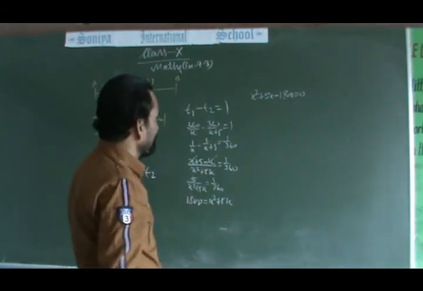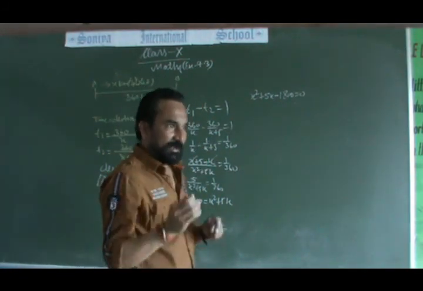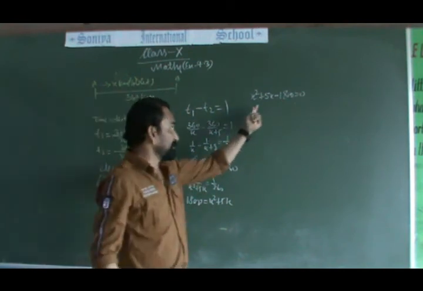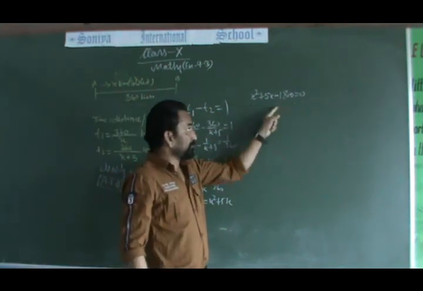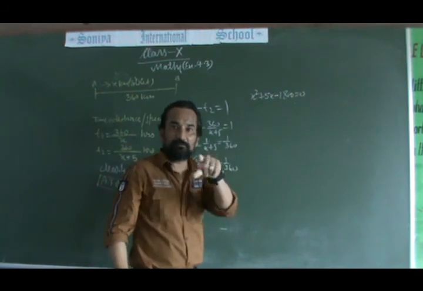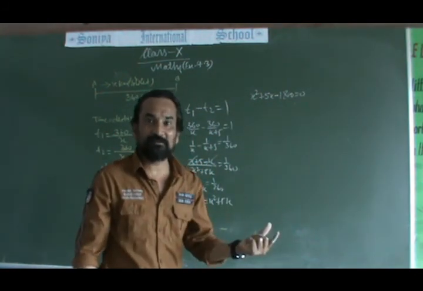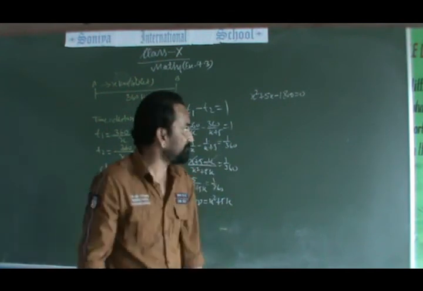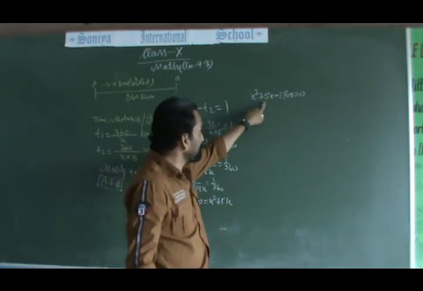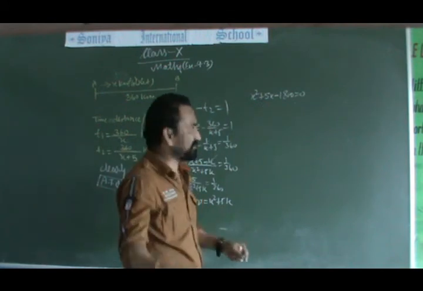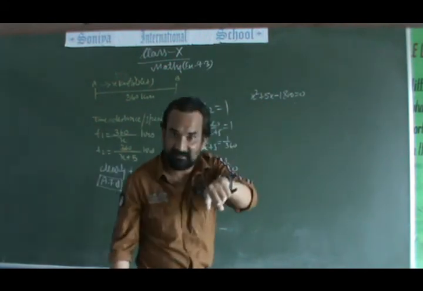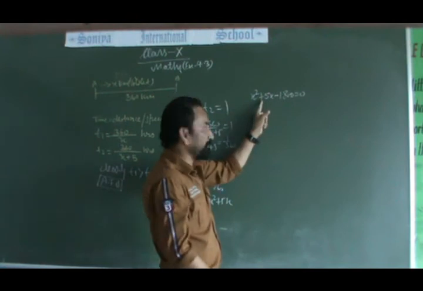It means clearly the positive number is greater and the negative number is smaller, because their sum is positive but the product is negative. When do you get the product negative? When one number is positive and the second number is negative, and the sum of these two numbers is positive, this indicates that the positive number is greater than the negative number, then their sum becomes positive.